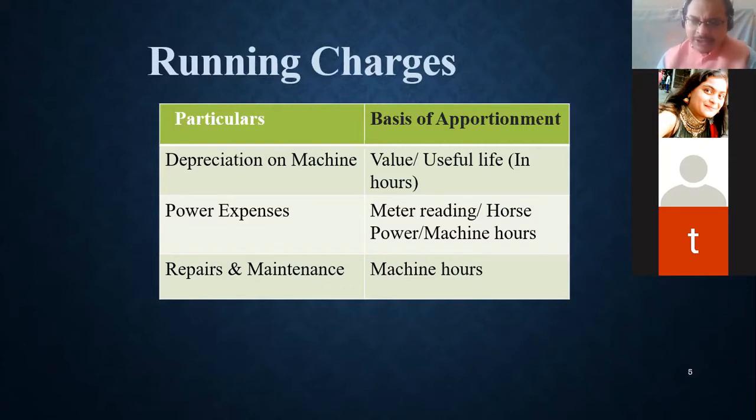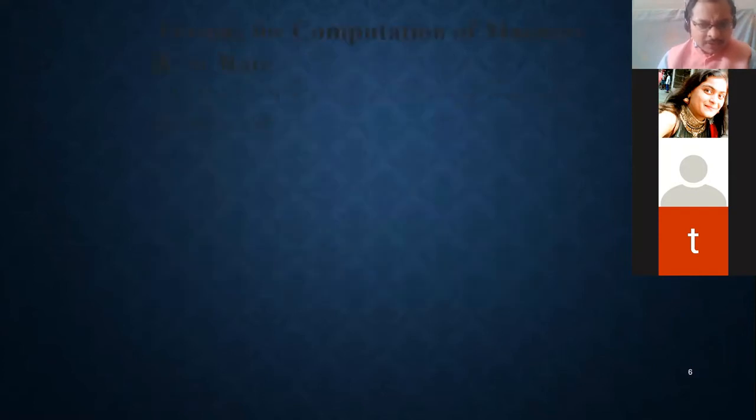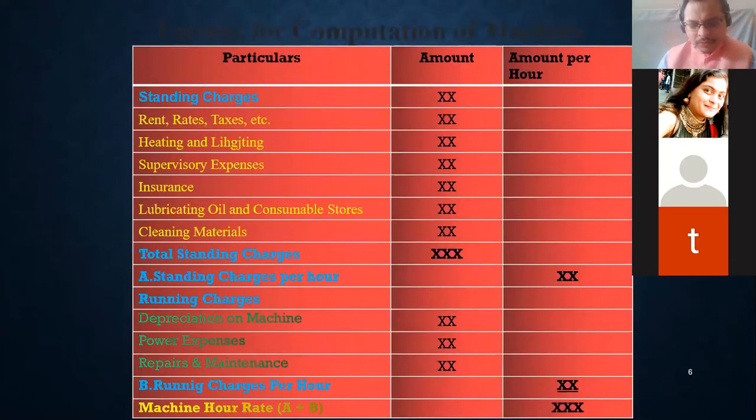Repair and maintenance also goes in that way only. If your machinery runs for more hours, it needs more repair and maintenance continuously. If that machinery runs for fewer hours, it does not need repair and maintenance again and again, correct? Power consumption we can directly relate. The more you run the machine, the more power will be consumed. Yes or no? Yes, sir. So here I have prepared one small format, which you have to use for solving the sums. See how we have to do it.